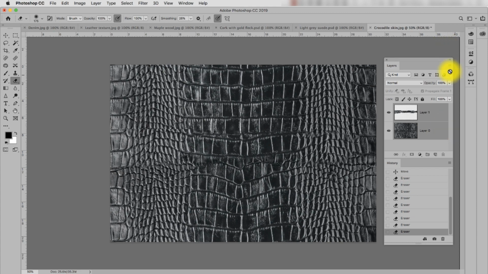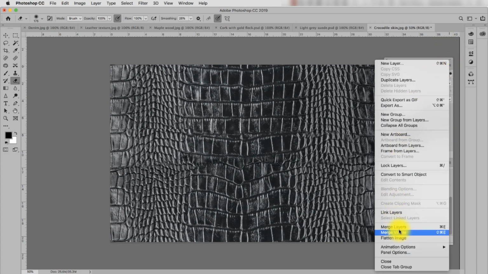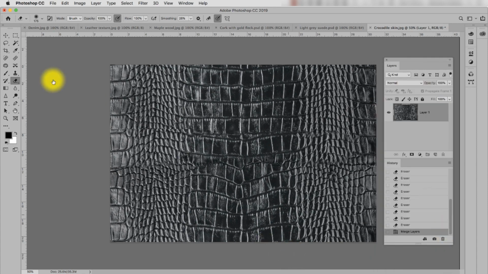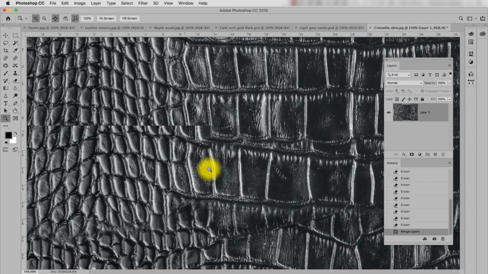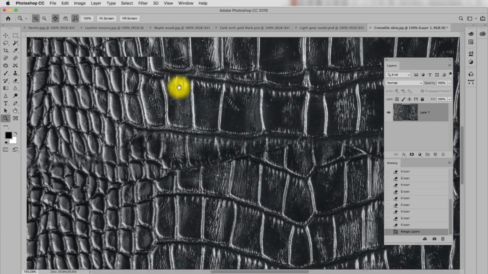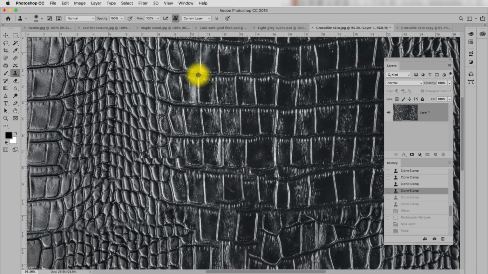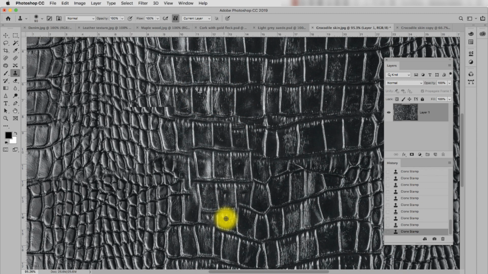I'll click into the panel drop-down menu here and go to Merge Layers, or the keyboard shortcut for this is Command or Control E. Now I use the Clone Stamp Tool to integrate the pasted piece. Can you see how I select a scale and I copy the full scale, so my eye is on the area I have targeted? It is a little bit counterintuitive, but it does work, believe me.